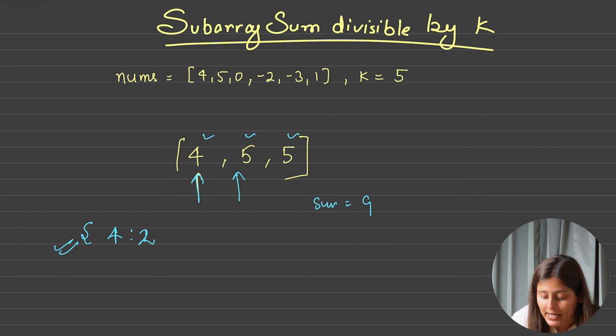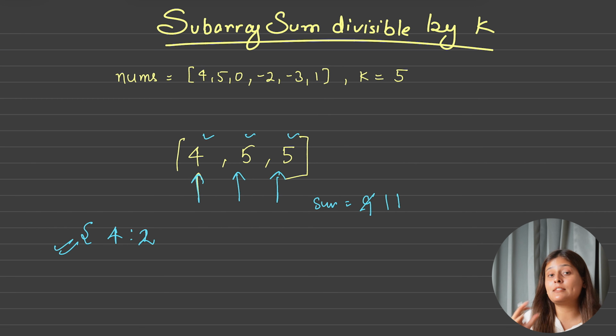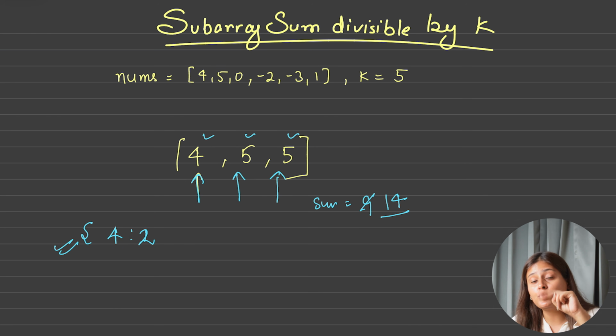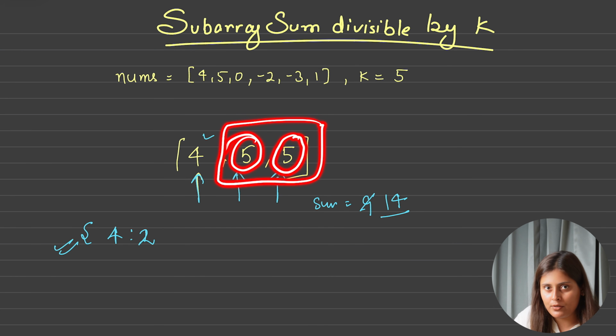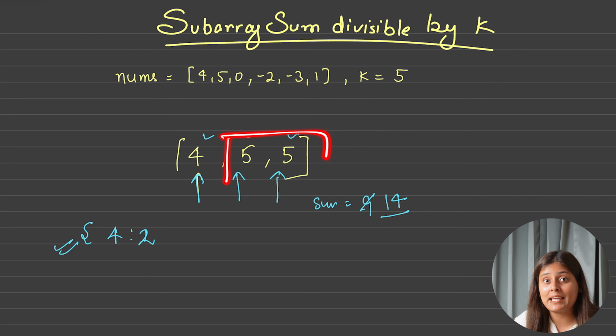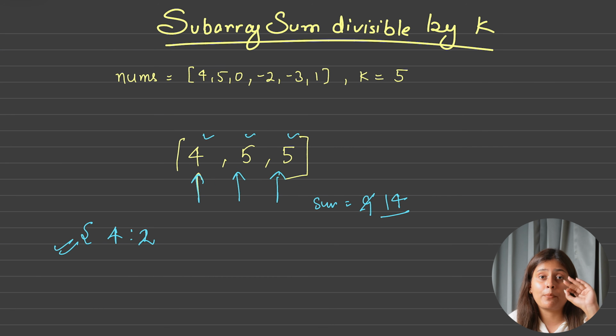Now my prefix sum will move ahead and the prefix sum will be 14. Is this 14 perfectly divisible by k? No, it is not. So what is the modulo? The modulo is 4. Do we have modulo 4 in the map? Yes, we have. What is the frequency for that? 2. Earlier the total was 1, now 2, so in total we have found 3 such valid subarrays. If you see, this is a valid subarray, this is a valid subarray, and this is also a valid subarray. Because 5 modulo 5 is equal to 0, we can say 5 is divisible by k. Similarly, this 5 is divisible by k. Now this 5 plus 5, 10, is divisible by k. So we have found 3 such subarrays.